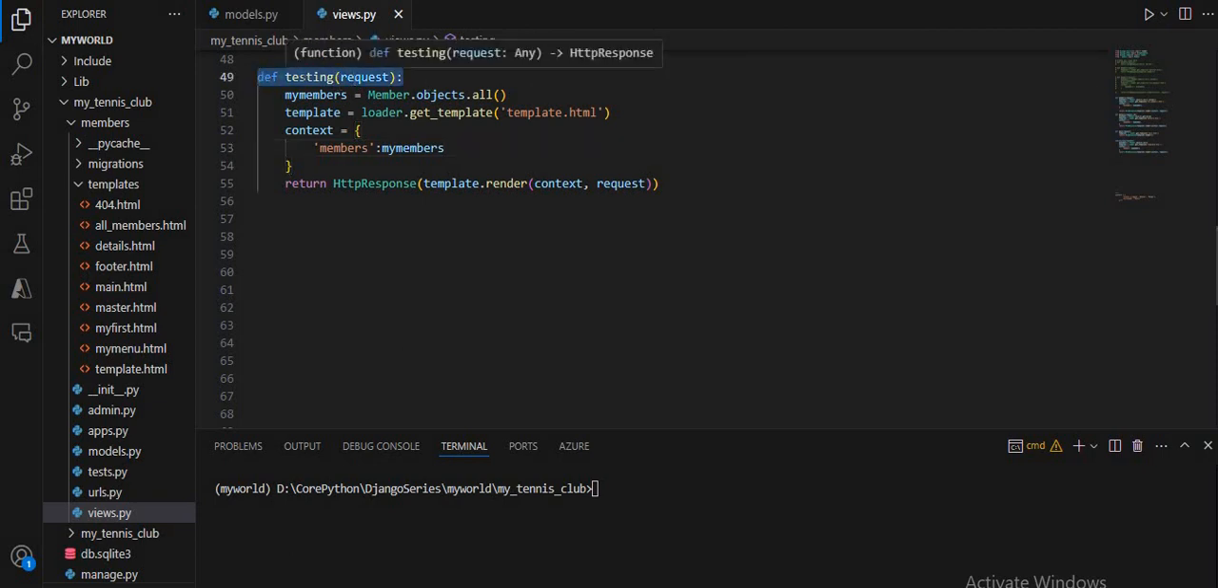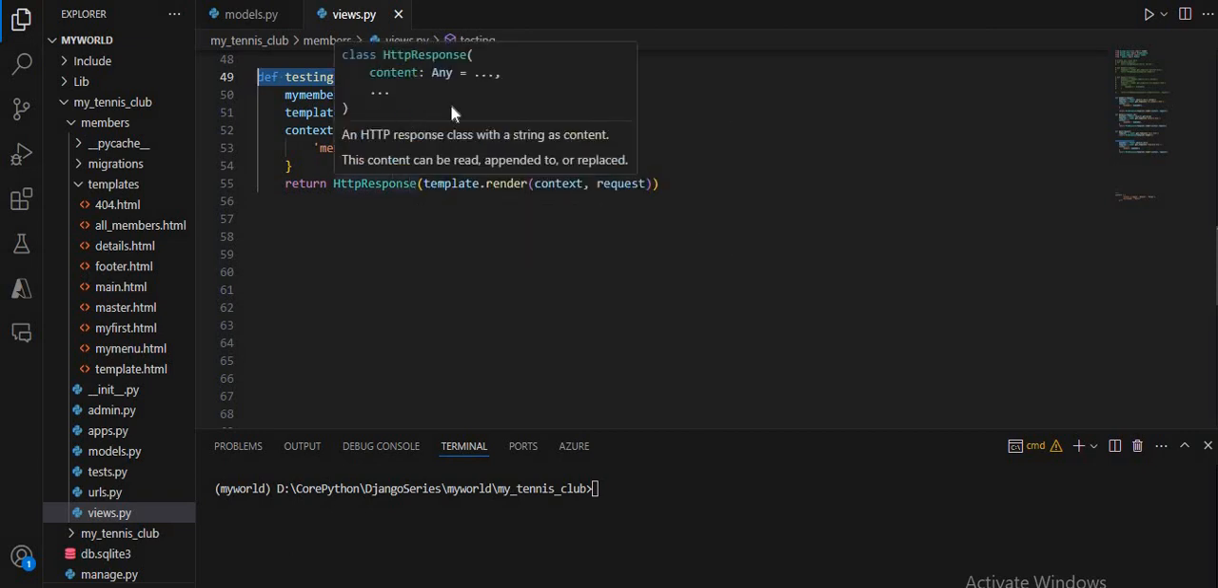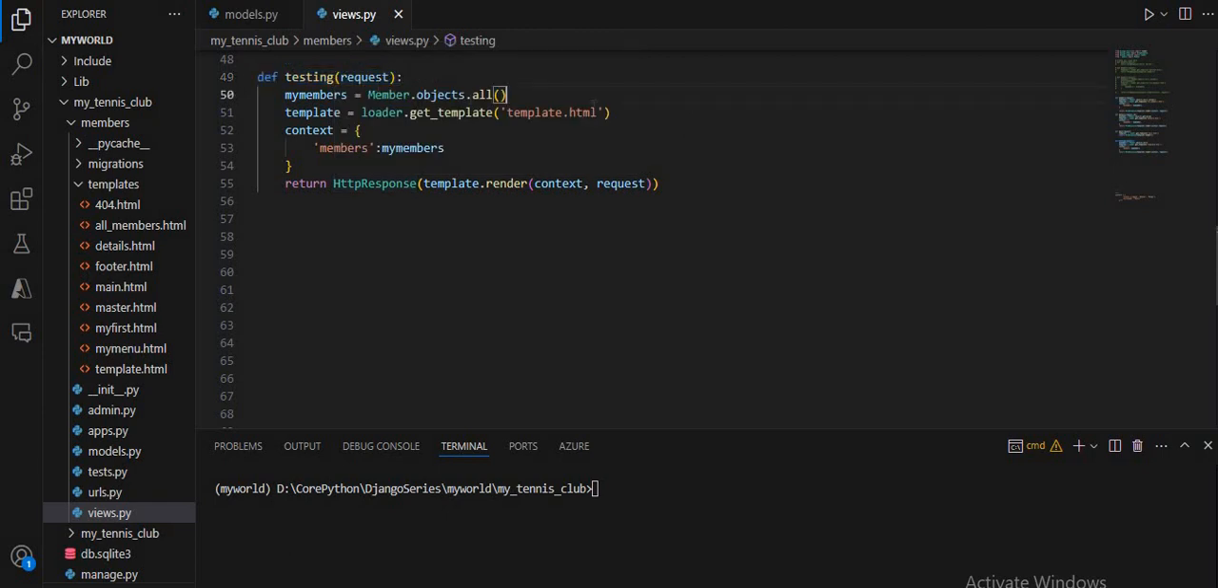This will define a function named testing that takes the request object as an argument. This function will handle the HTTP request. This testing function will handle HTTP requests to the URL associated with this view. So after that,